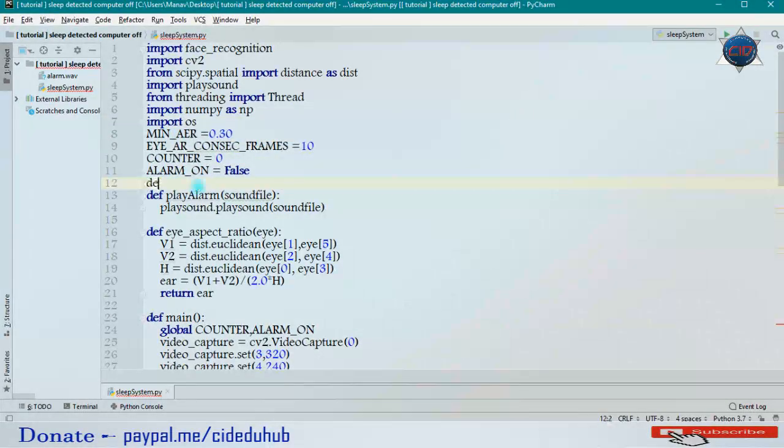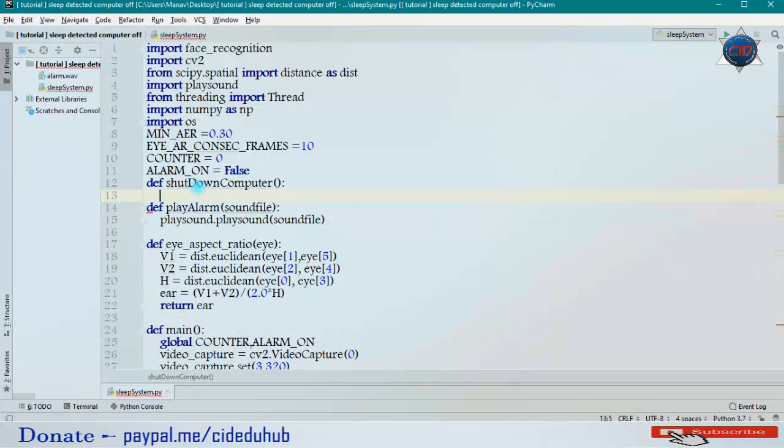Now I will make a method here and name it shutdown computer. And here it is, and now I will call os.system, and under this I will pass the command as shutdown /h.